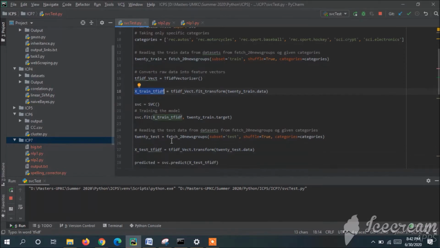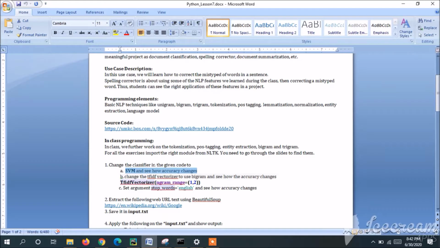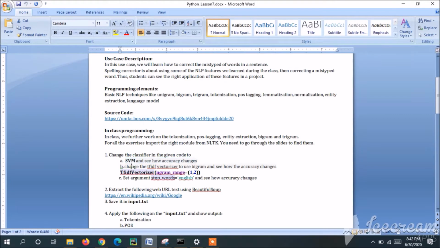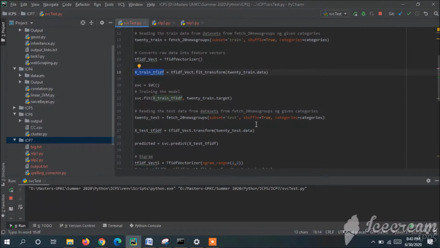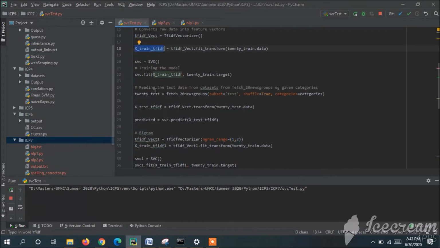Now we will see the second part of the ICP. Change the vectorizer and use the bigram to see how the accuracy changes. Here we are reading the test data set, and here we are predicting the accuracy.